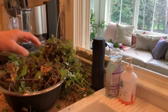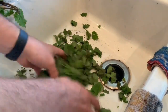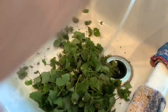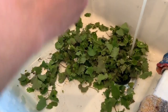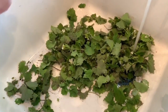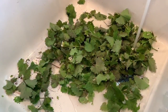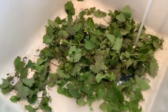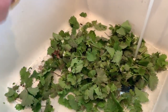And I'm just looking at how much I have. And I think that's going to be good to make pesto with. So I'm going to go ahead and fill that up with water. And just a little tip. This is sort of about